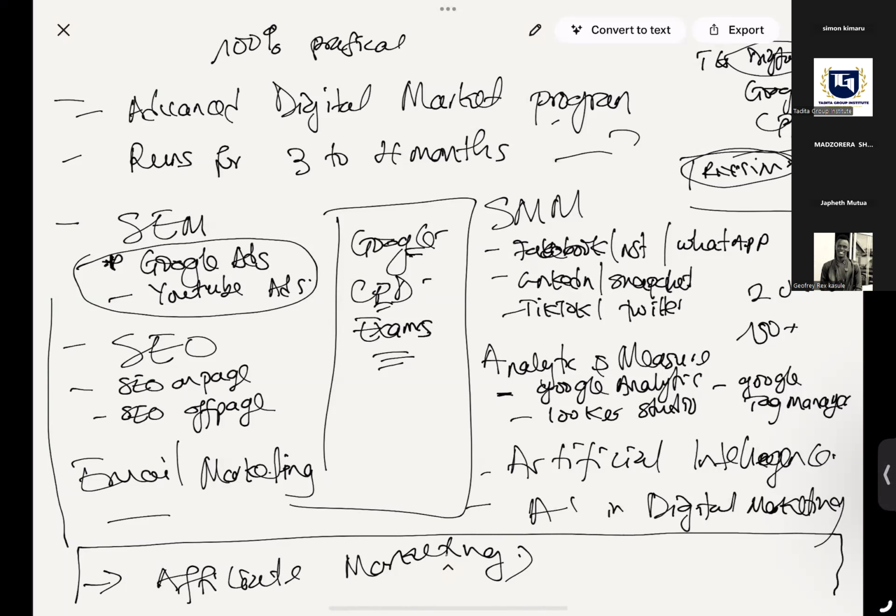You need a PC. It is compulsory. Your smartphone will not help you as far as this training is concerned. You need a PC. Then you need to have a working internet connection. Very important. Is that okay? So this is the structure of our program. At the end of this program, we are going to send you the brochures, everything as far as this training